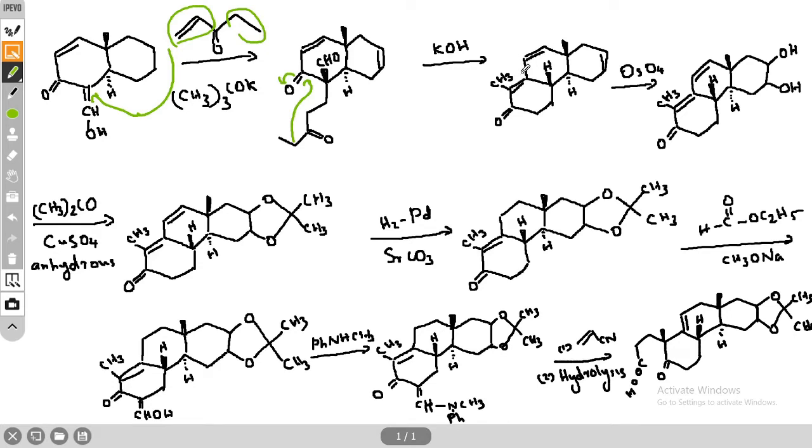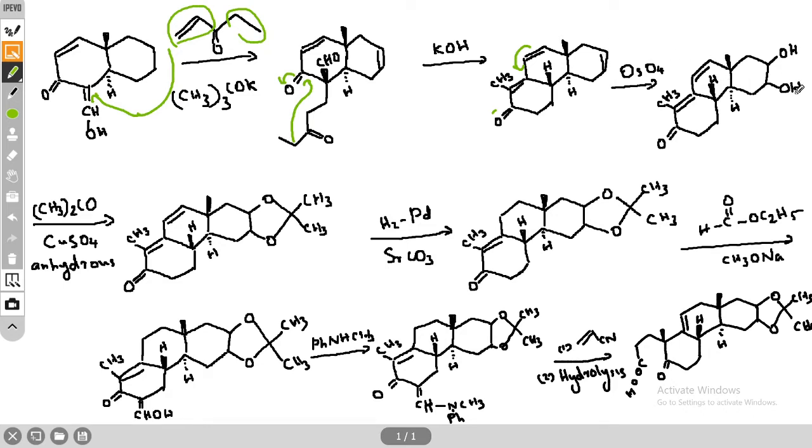This is because these two double bonds are in conjugation with this oxygen. So it has some resonating structures like this. That is, this may move here, and this may move here, and this may move here, etc. So these two double bonds have a slight single bond character. That is why this osmium tetroxide only acts at this isolated double bond.